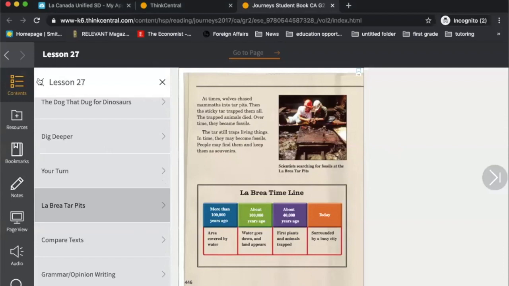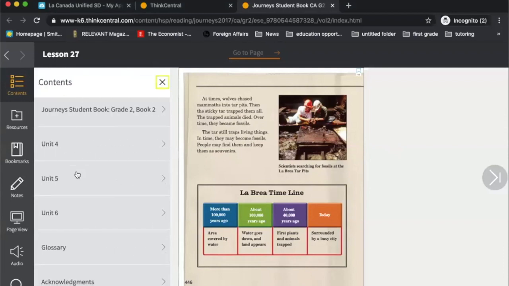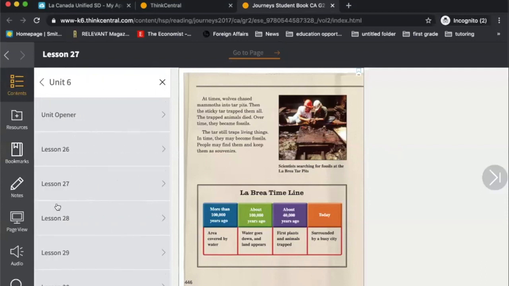Book 2 will launch, and in here you can see that you can look at all of the stories for the second textbook that you guys have at home. This week's story is going to be on Unit 6. So I'm going to click on that, and we're on Lesson 28 for this week. So I'm going to click 28,